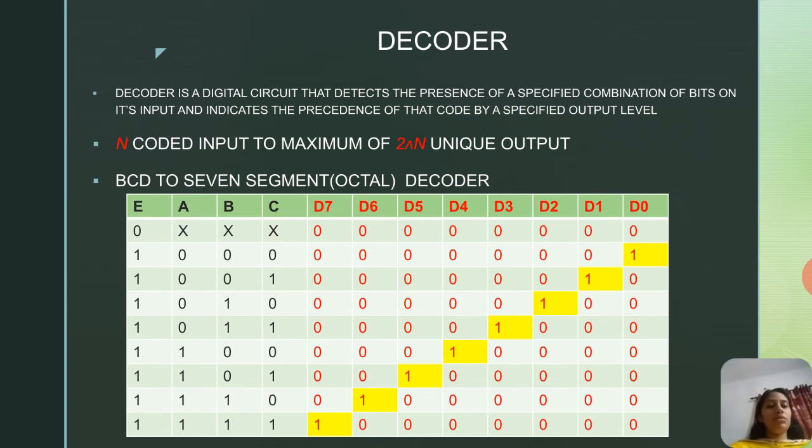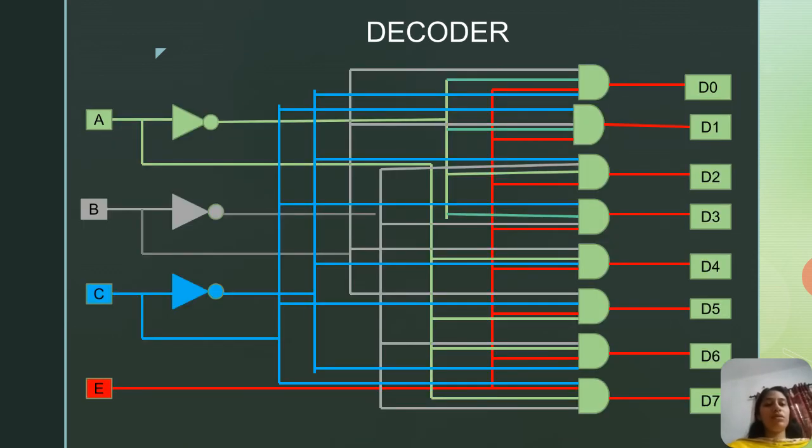Okay, so let's map it onto the circuit. Here you are providing the input as A, and the negation is also required. That's why we are connecting to a NOT gate. Wherever the negated input is required, we connect that with the negation output. Wherever the A value itself is required, we connect that directly to the gates. Likewise B and B bar, C and C bar are ready for the input side. E is the enable bit that should be provided to all the gates.